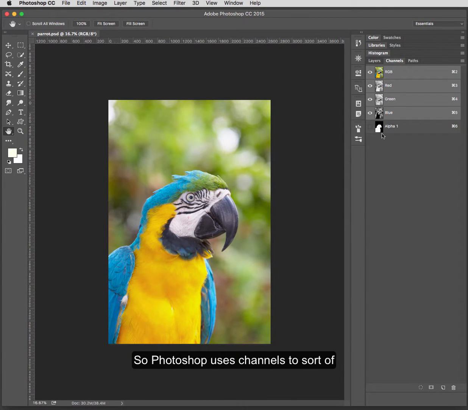So Photoshop uses channels to sort of store or house the color information for each layer here. And also we can have what's called an alpha channel, which is like a layer mask. Now the number of channels depends on the color mode. For instance, we are in RGB color mode. So what we see is actually red, green, and blue. These are the three color channels. And like I mentioned, this alpha channel here, we can use to save selections or store some types of layer